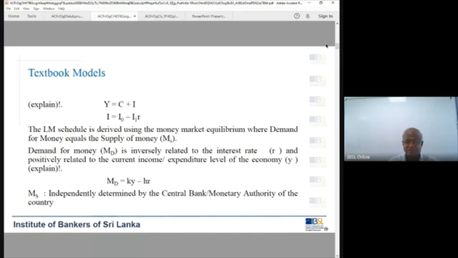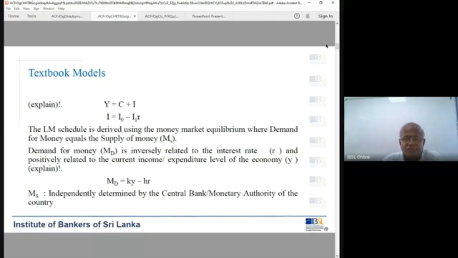In this lesson, we are going to discuss what money is, why people demand money, the components of demand for money, then the money supply and its components. I'm not going to discuss this in detail, as it is a separate lesson on money, banking and the economy. But I will briefly mention it.